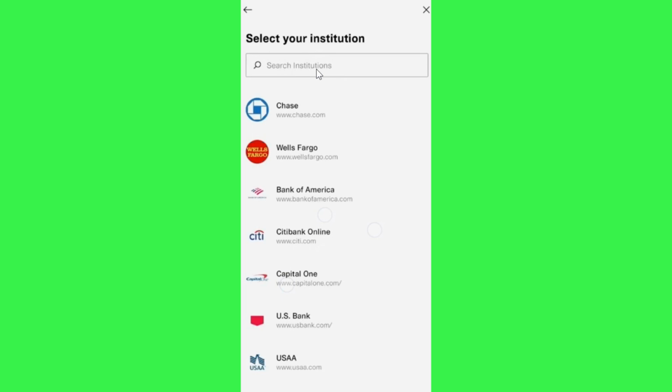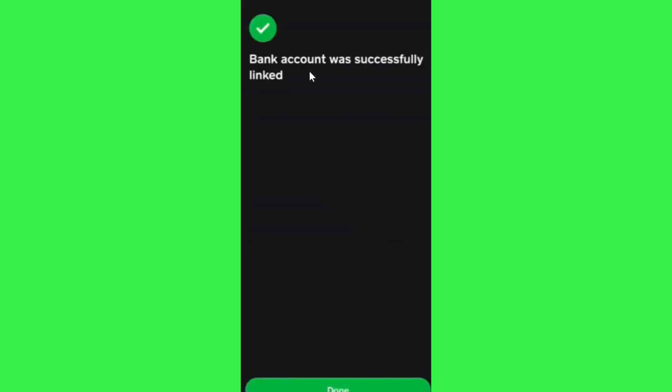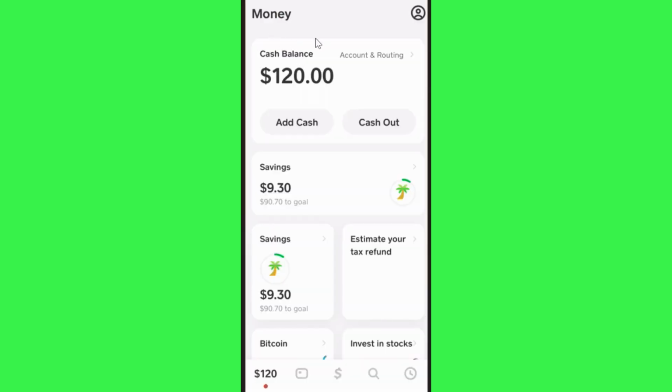Now once you have found Netspend, you simply need to tap on it and then you will be redirected to the official website of Netspend where you need to provide your banking credentials like your username and your password, and you simply need to log in to your account. Then you just have to follow further on-screen instructions in order to successfully link your Netspend bank account with your Cash App account. Once it is linked successfully, you will be able to see this prompt which says bank account was successfully linked. So here you just have to press the done button